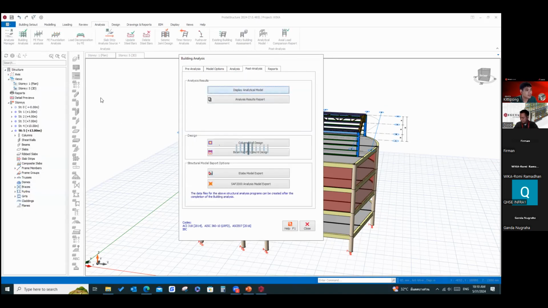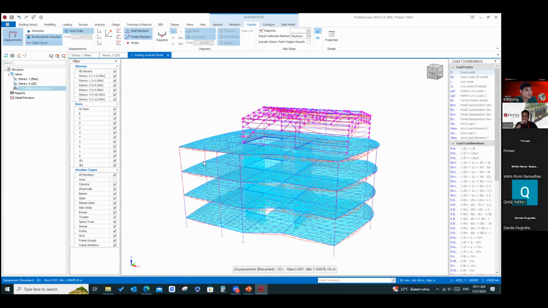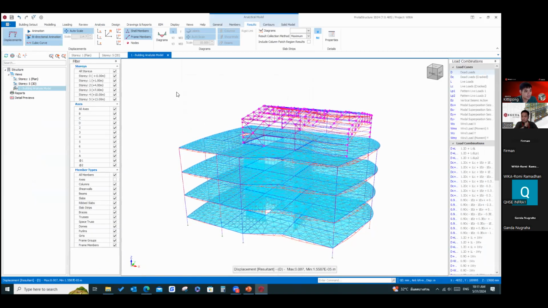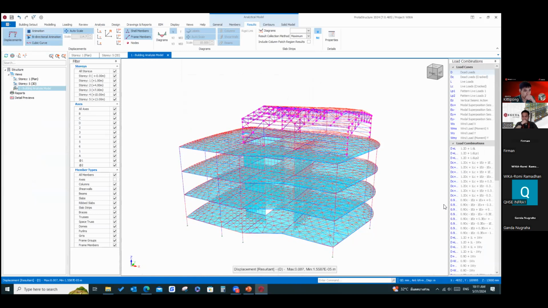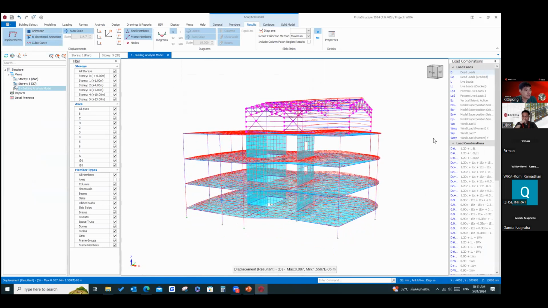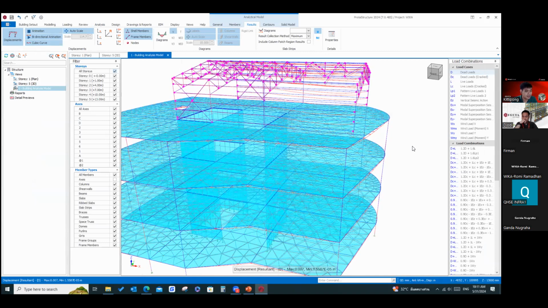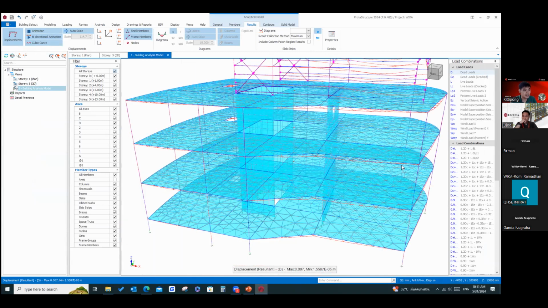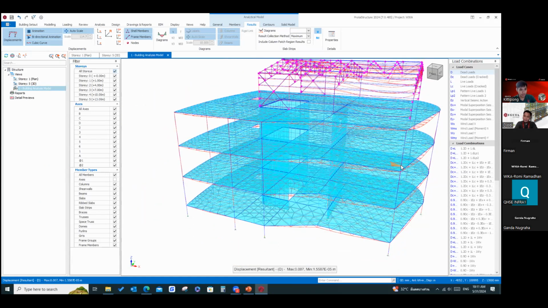Okay, and when it's done, you can check the analytical model like this. See, it's quite easy. You can check the movement of your building, the displacement like this. But this is general, right? In SAP2000, you also can do it, but I think they don't generate the mesh for the finite element automatically like this. I think in Prota it is automatic. You don't have to input anything.